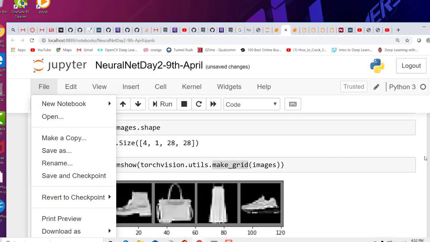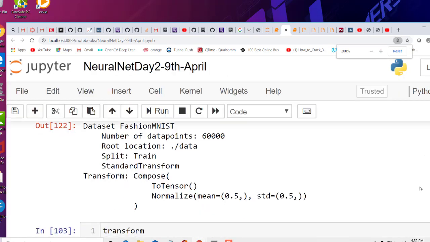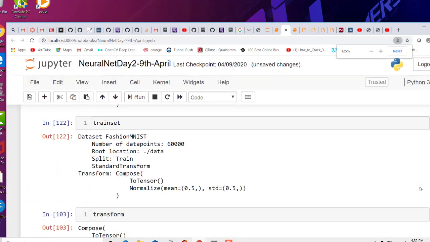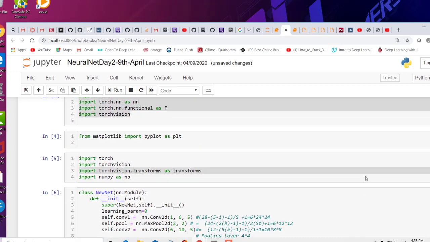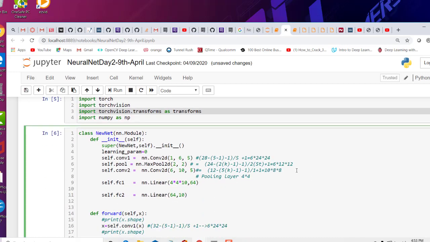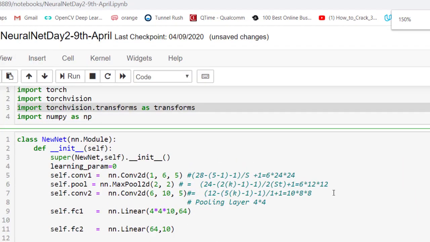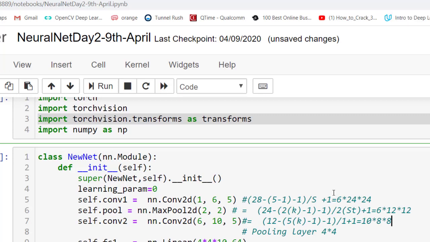So now let me look at how my neural network is going to look like, right? So this is the neural network that I have written. Note that this network is very particular to the image dimension. So if my image dimension was 224 by 224, my network might be slightly different. It may not look like this. This is very specific to this image size, and if you get a different image size, you need to reshape it to this size for this neural network to work.